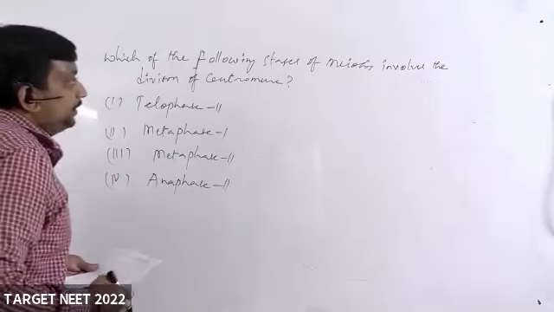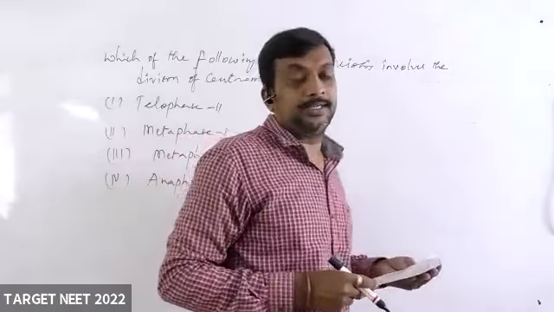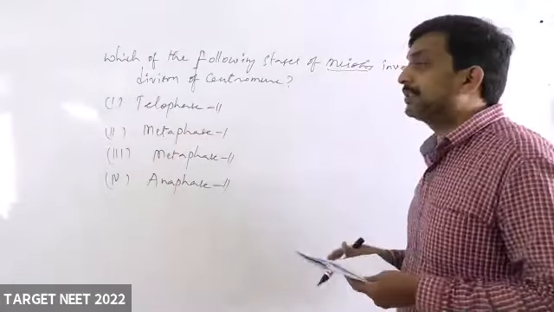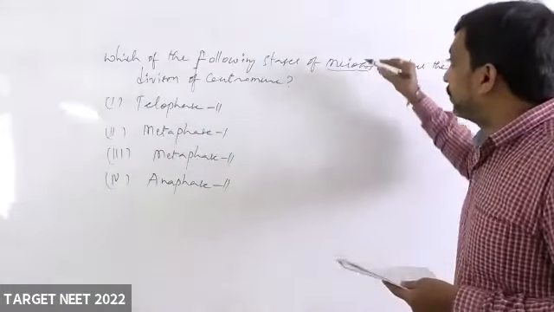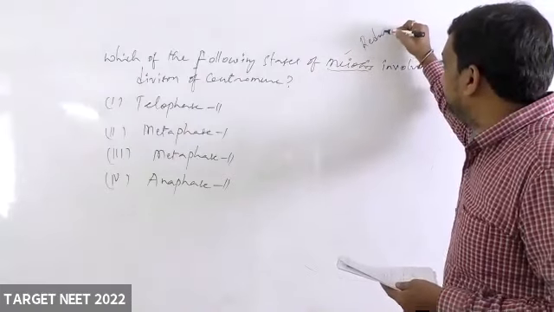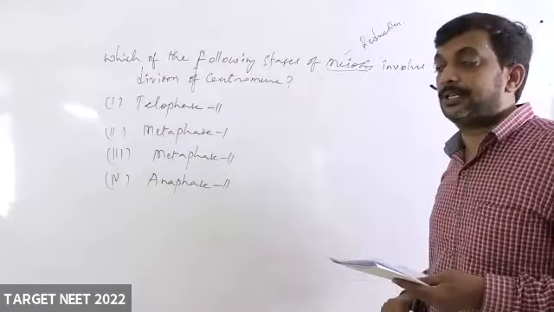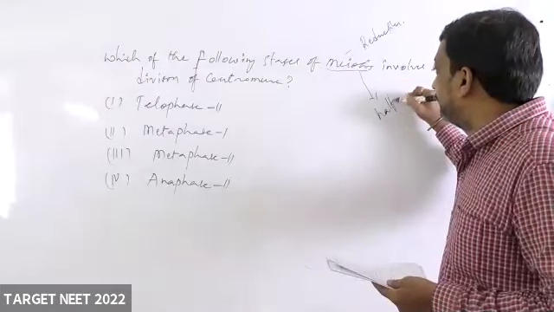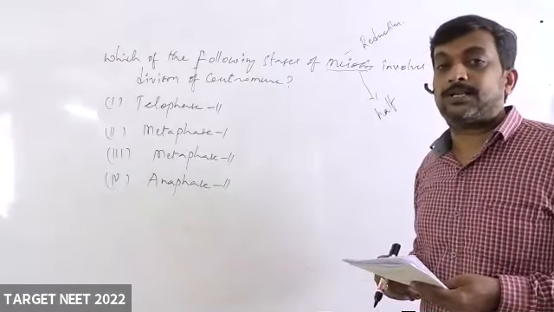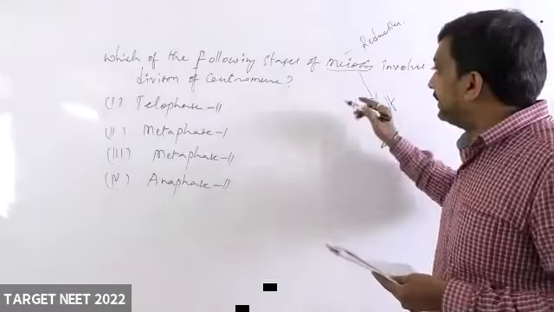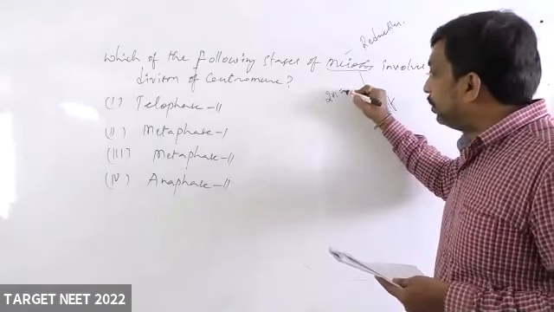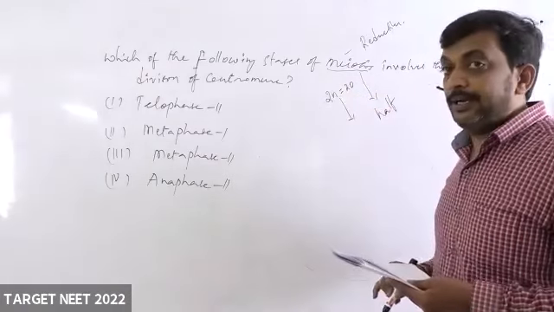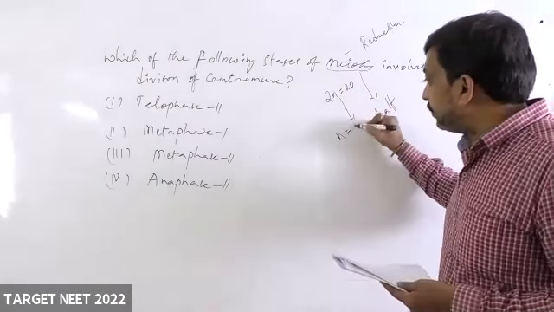Right. So this question is related to the cell cycle and cell division, and specifically to meiosis. Meiosis is what we call reduction division, where the ploidy of the chromosome number is reduced to half. Let us take a cell with a ploidy of chromosome number 2n equal to 20. After the completion of meiosis, the ploidy will be n equal to 10.